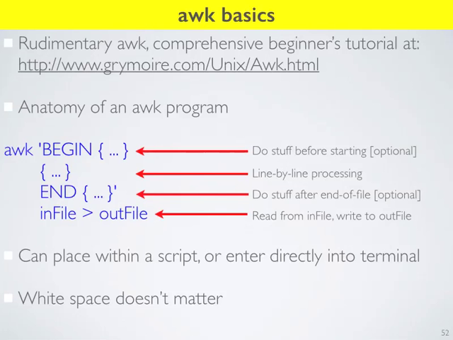There's a nice tutorial online, and if you're interested in seeing the more advanced features of awk, I would recommend you take a look here. It's a very nice introduction. So what does an awk program look like? Imagine you have your Bash script, with your shebang line, your comment line, and a bunch of stuff that Bash does, and then inside your Bash script, you boot awk, so you call an awk engine up. It looks like this. The first line says awk, then you open with a single quotation mark, capital letters BEGIN, curly braces.